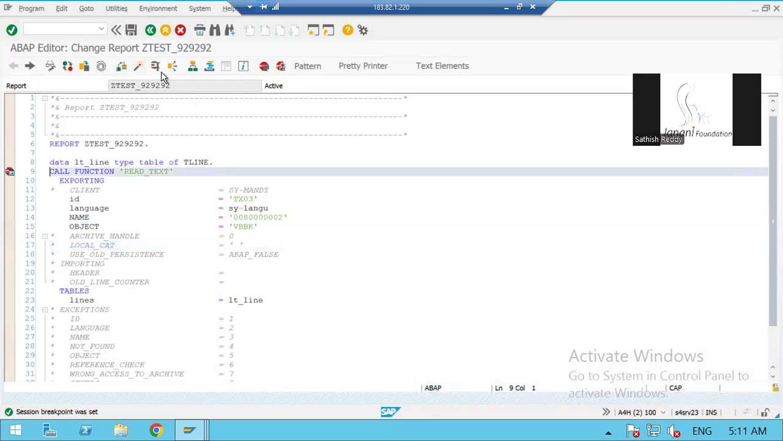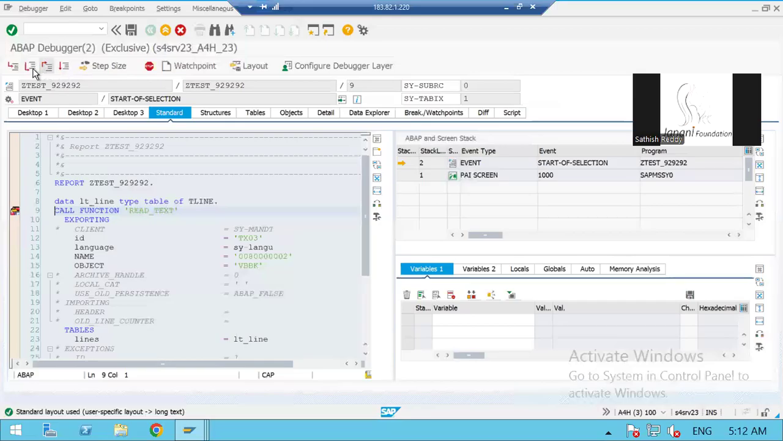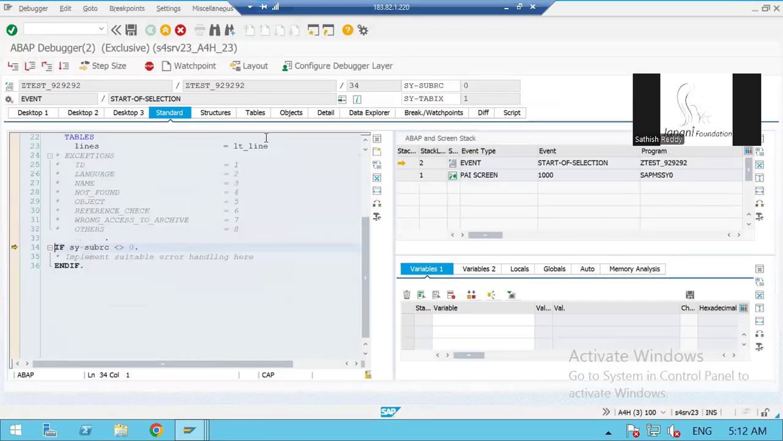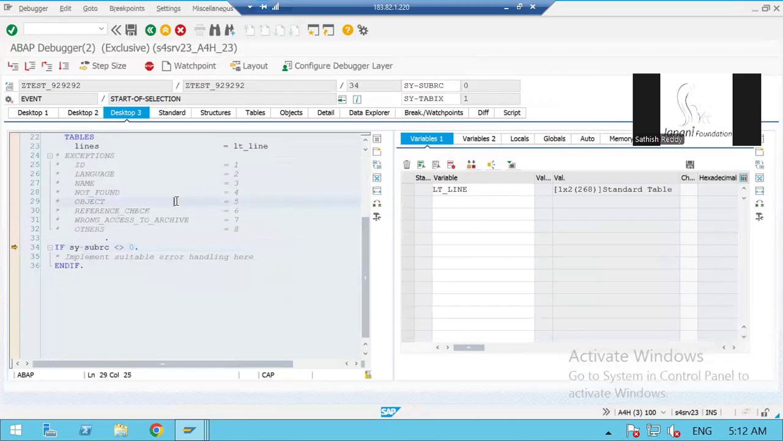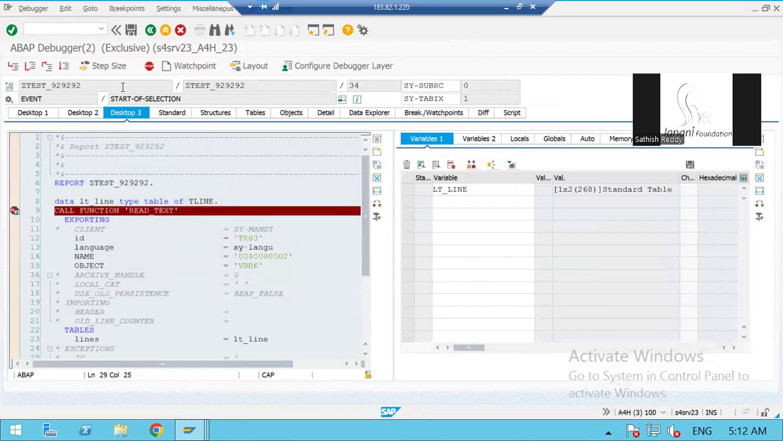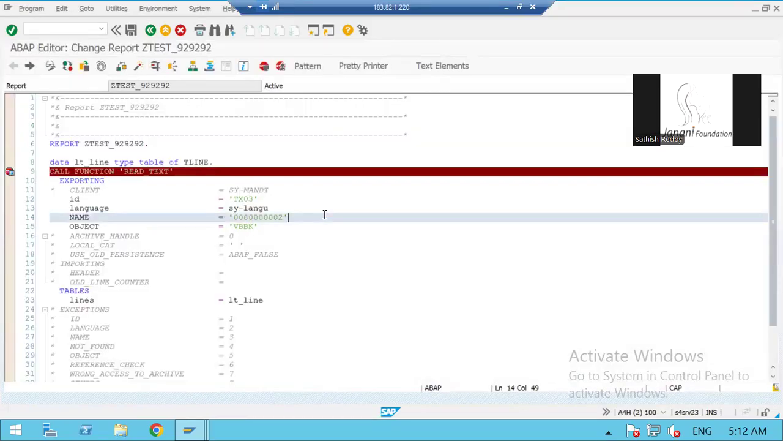I'm keeping the breakpoint and I'm executing this one here. So click on F6 and check the LT line. So one record is coming. So what is the record? AJF region and foundation. Fine. This is coming in the 3D line. So we already know how to read the data in the dummy program by using the READ_TEXT function module. The same thing I want to apply